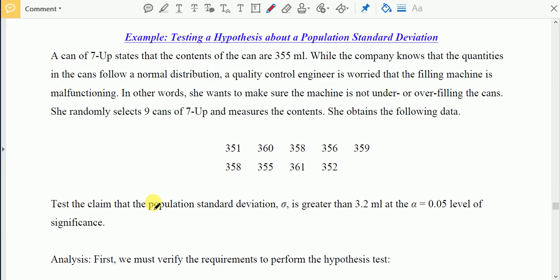Okay, let's try the first example. Testing a hypothesis of how a population standard deviation